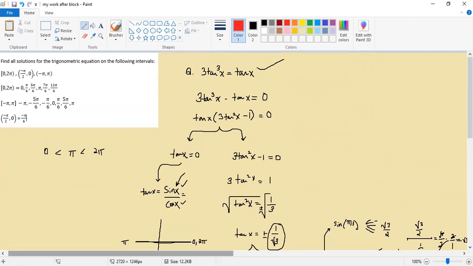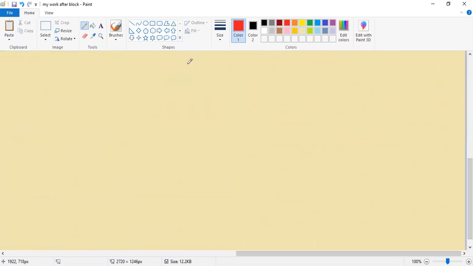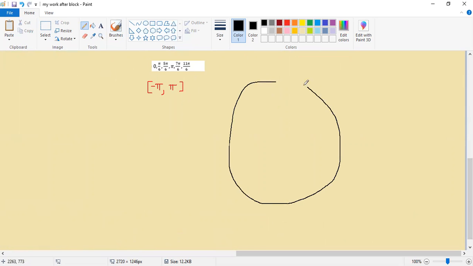And now we are looking for negative pi to pi. So this is sort of a different assessment here. So in this case now we are looking for negative pi to pi. So again, if we construct our unit circle, we quickly understand that